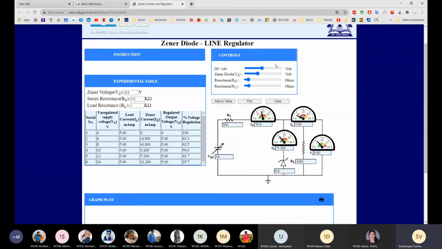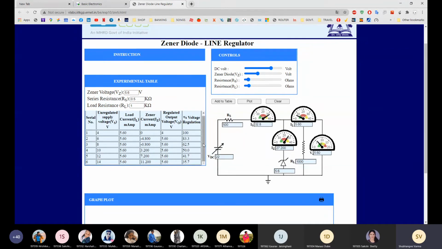Understood? So you have to reach up to the maximum level and extend it to 22 volt. Okay, so at 22 you will get a constant voltage only because your Zener diode is in the Zener region, so you will get a constant voltage.